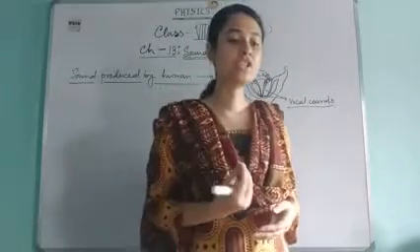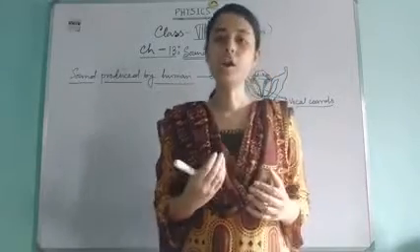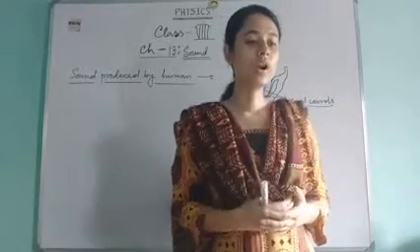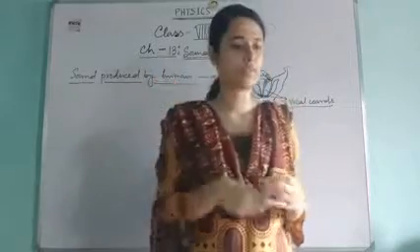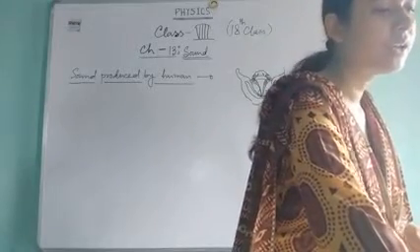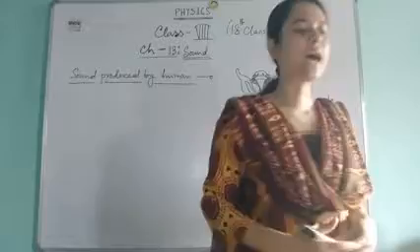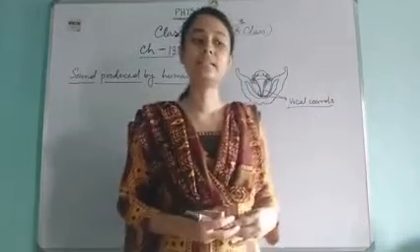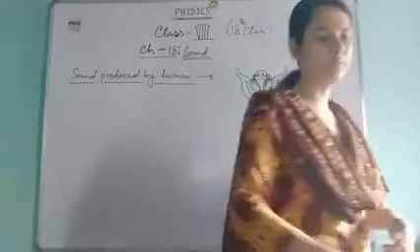Muscles attached to the vocal cords can make the cords tight or loose. When the vocal cords are tight and thin, that means they are stretched, the type or quality of voice is different from that when they are loose and thick. Let us see how the vocal cords function.